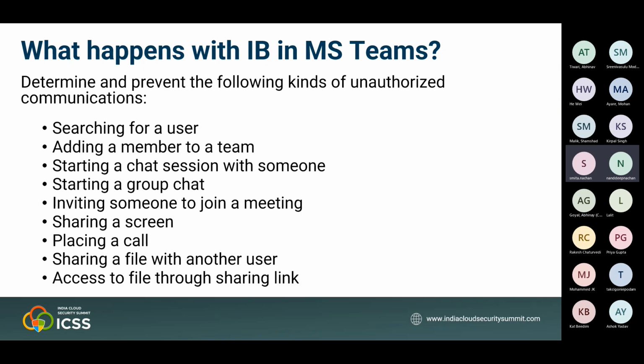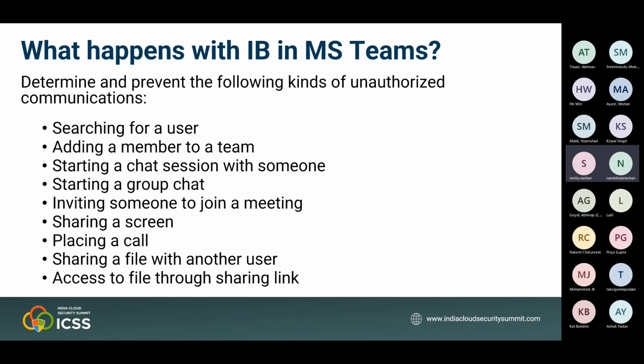So with information barriers, checks are in place to prevent unauthorized communication and collaboration, and information barriers apply to Microsoft Teams in chats and channels, SharePoint Online, and OneDrive. In Microsoft Teams, information barrier policies determine and prevent the following kinds of unauthorized communications: searching for a user, adding